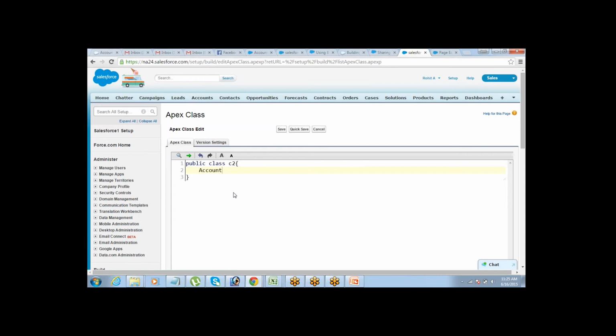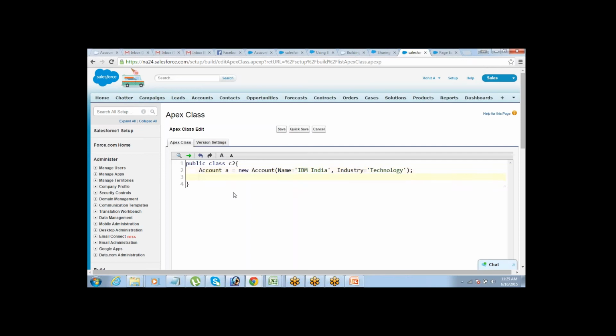We are going to deal with an sObject, so I say Account a equals new Account. Because it's a new account, I have to give values: name IBM India, industry equals